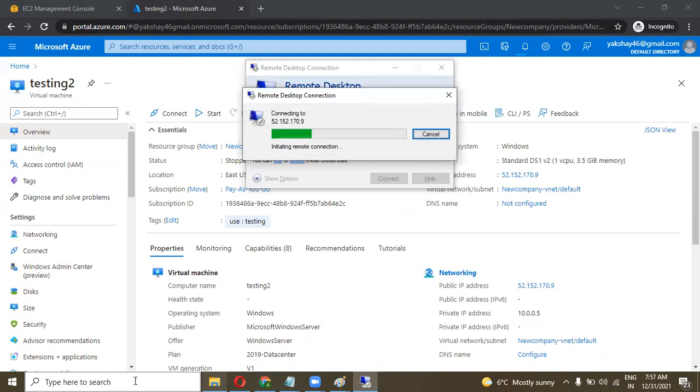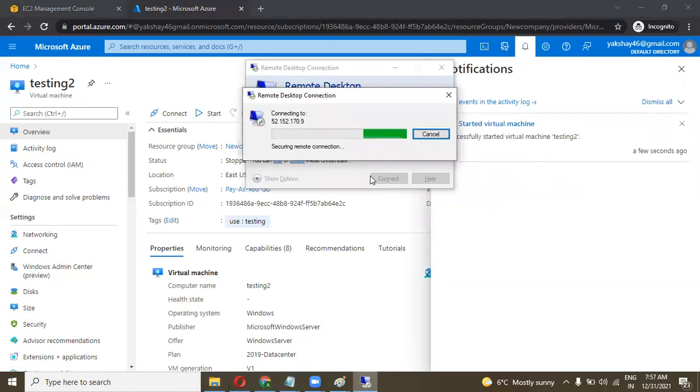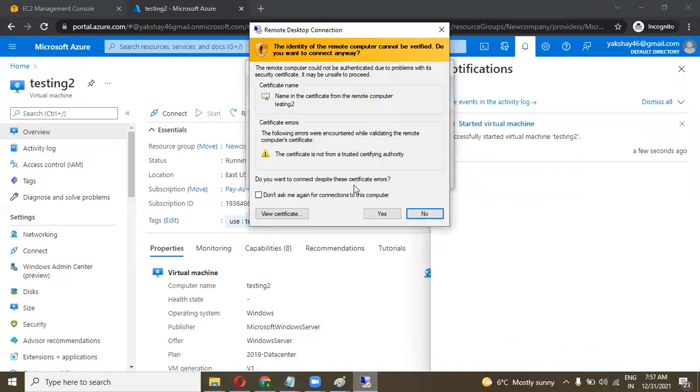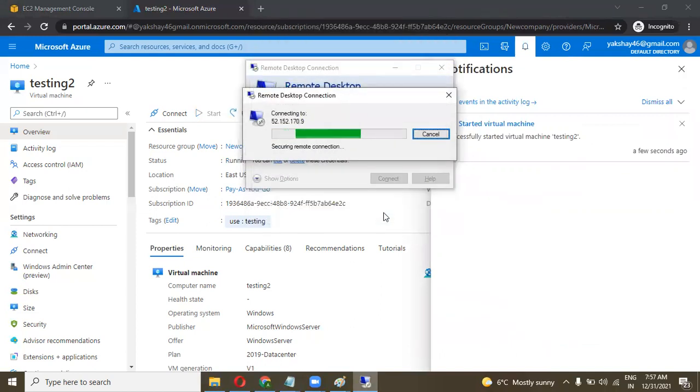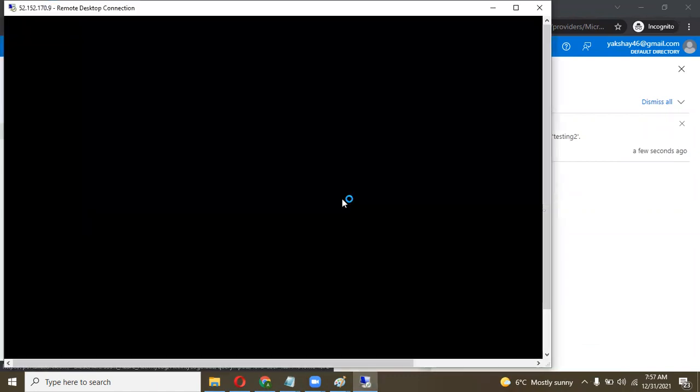IP is same. Please wait for the starting. Machine is started successfully, you can see, and check.